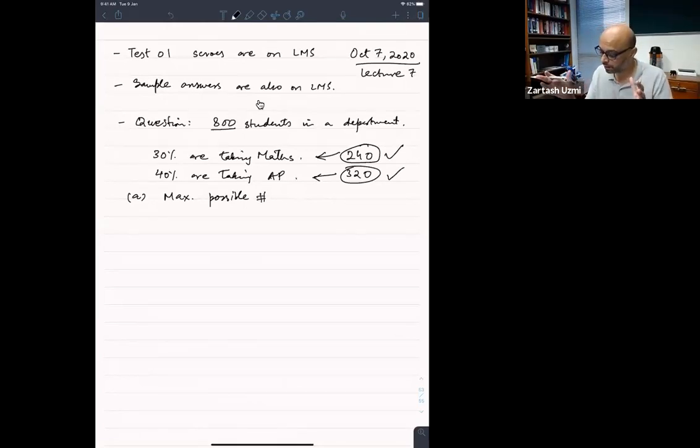It is entirely possible that all of these 240 students who are taking the math class are also enrolled in applied probability, and then another 80 students are enrolled in applied probability. It is also possible that none of these 240 students are taking the applied probability class, and it is taken by 320 other students. Okay. So part A asked, what is the maximum possible number of students who are taking both maths